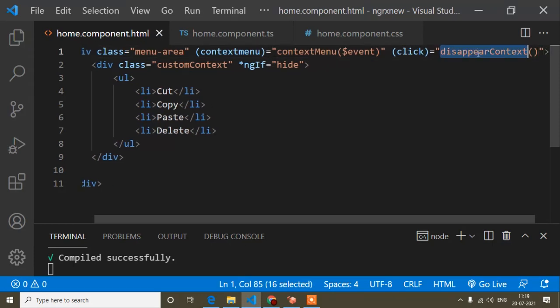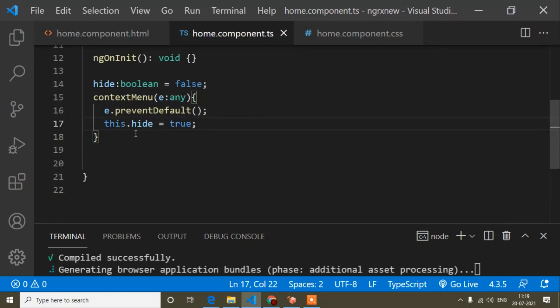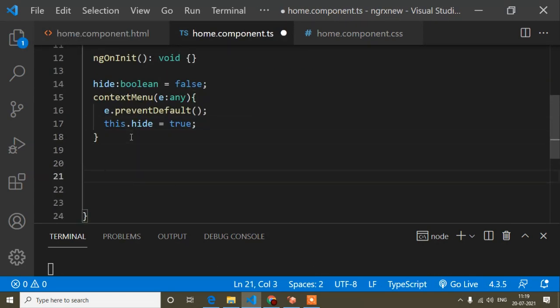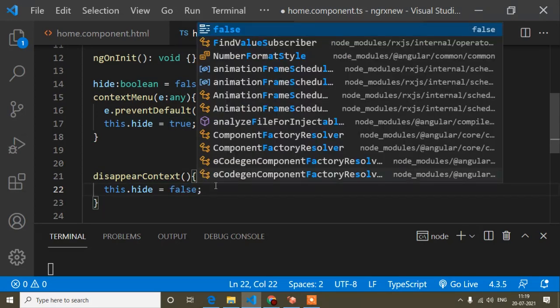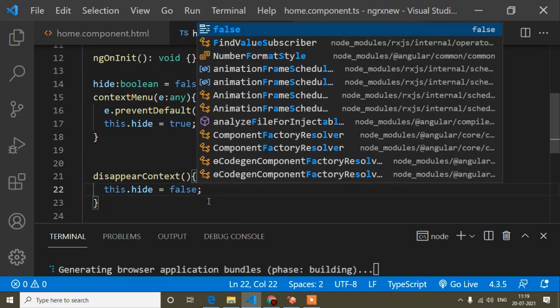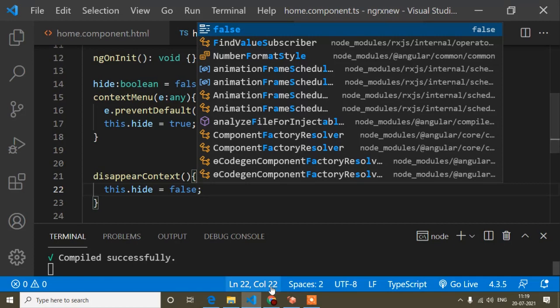So I will copy this method and just here I will paste, and here I will write this.div again false. So that means when I left click from my mouse button, the menu will disappear again. So I already saved, and I will open. So if I click, the menu appears, but if I left click, the menu disappears, you can see